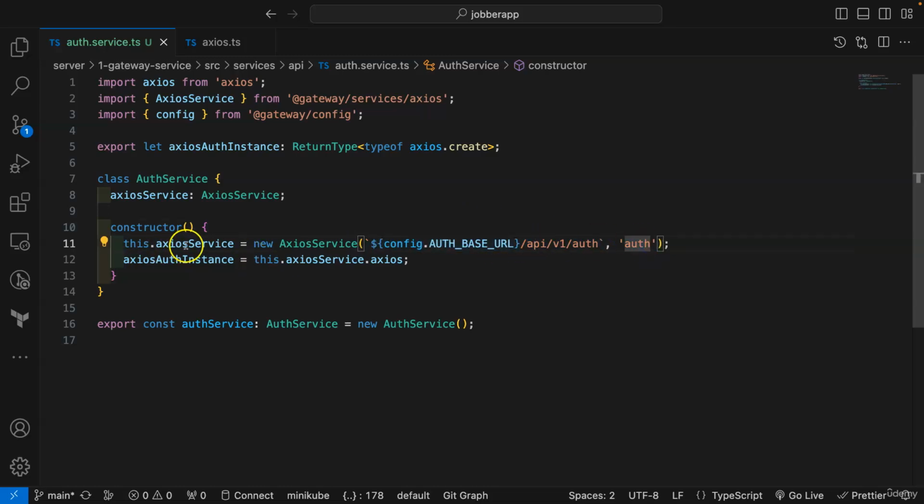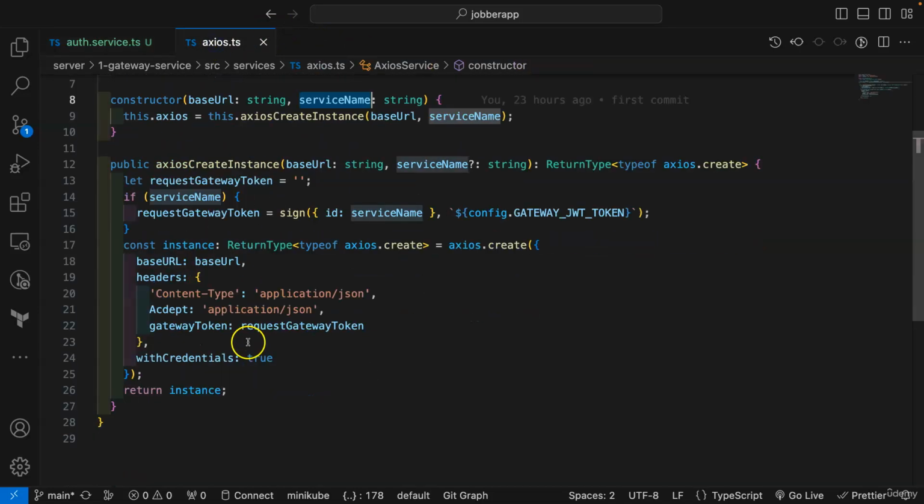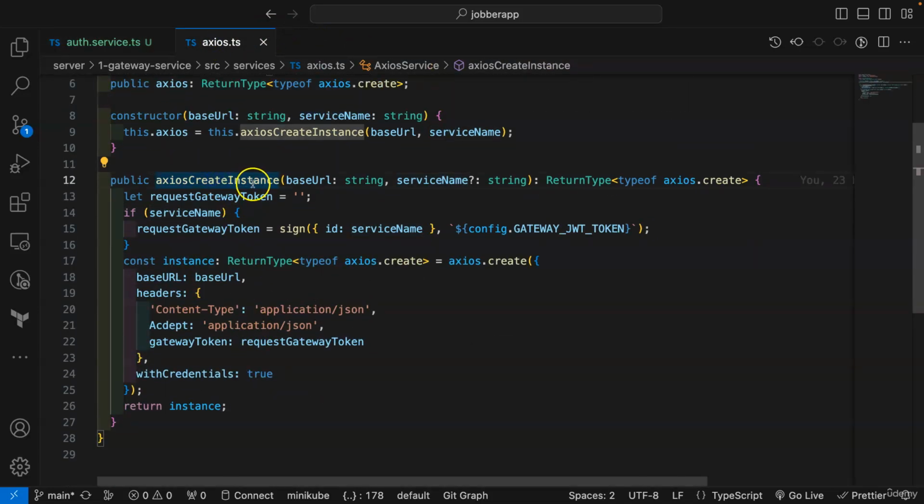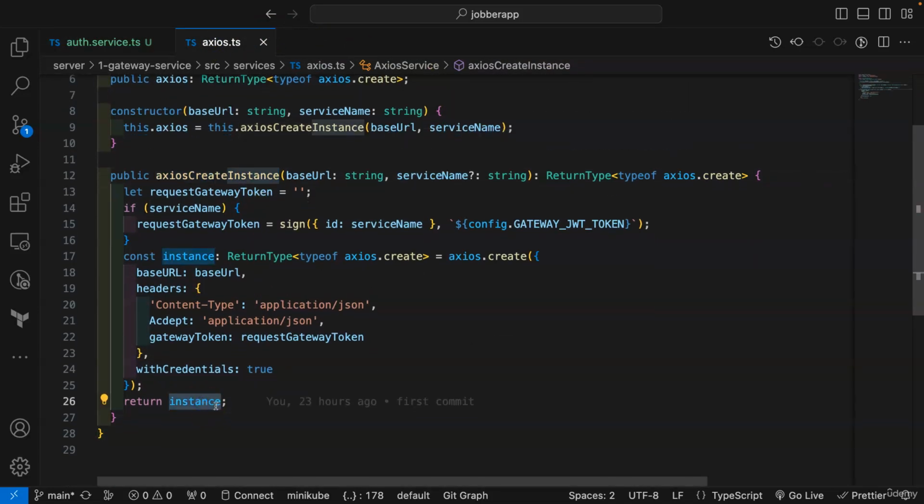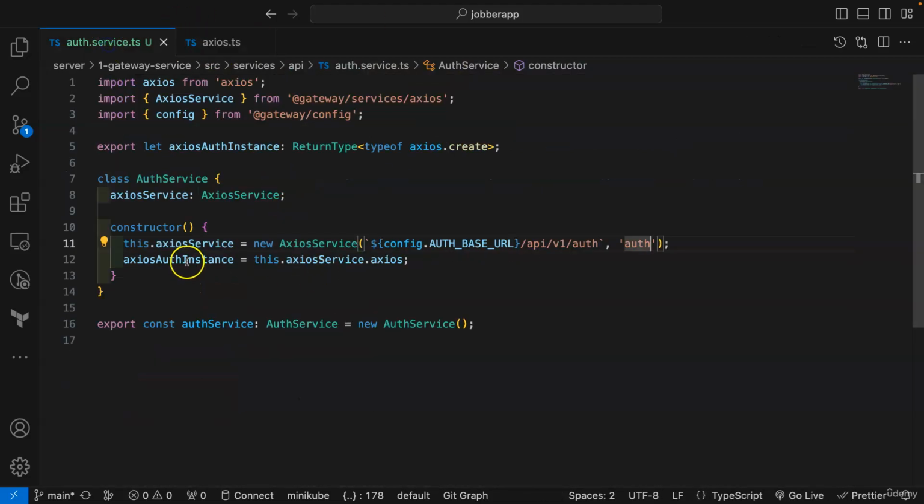And then whatever is returned from here, because you can see Axios create instance returns an instance property, and in that instance property we need the axios. That is why axiosAuthInstance equal to this.axiosService.axios. So this is what we need to do right here. Before we start adding the methods that we are going to need, let's go to our